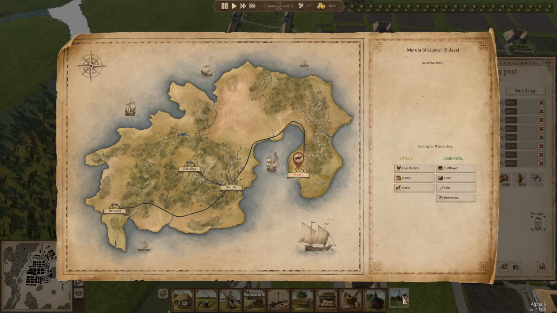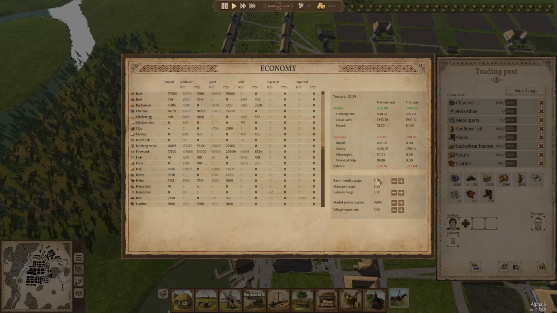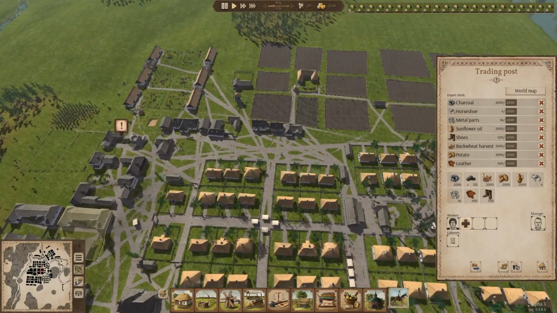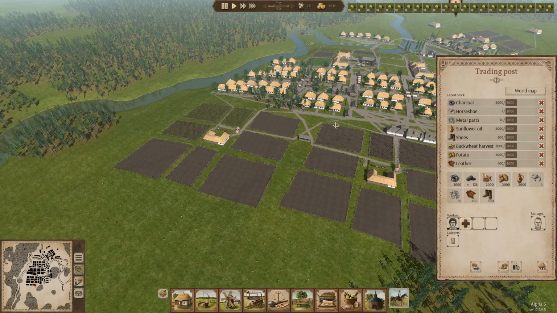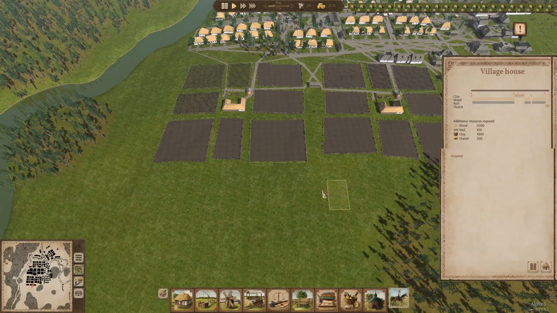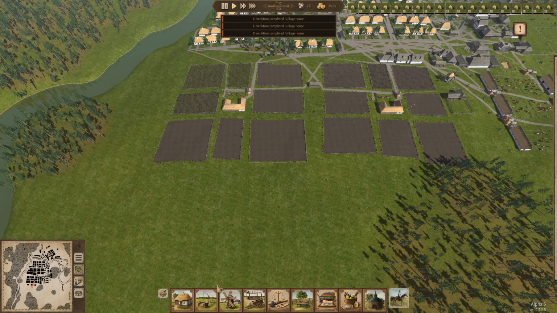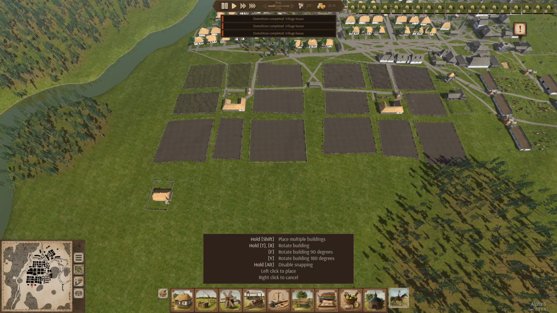They're offering live chickens, honey and horses. So we're in the minus now. Let's pay our people a bit less. We're going to have to pay them a lot less because we're struggling. We're just going to lay more houses down in rows of 3 and then delete that, delete that, delete that. And then we'll just add the house on